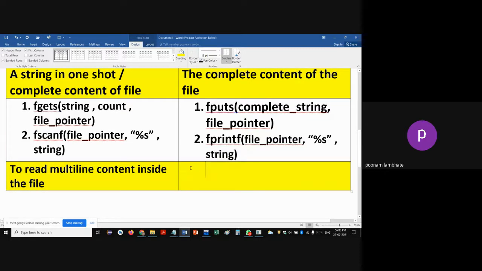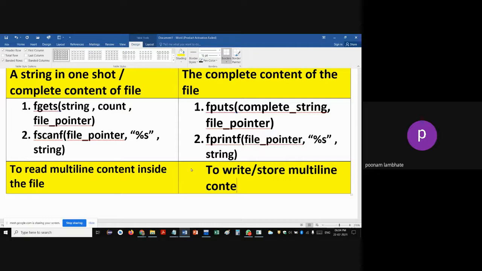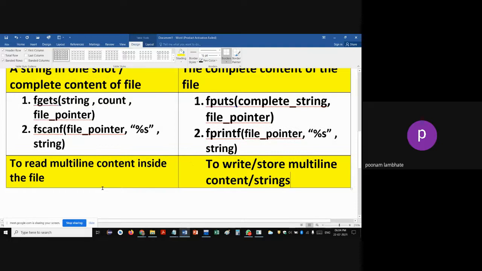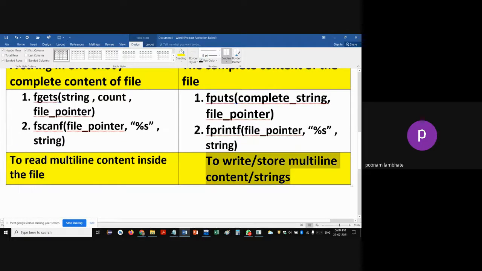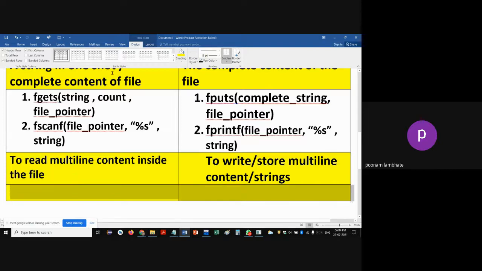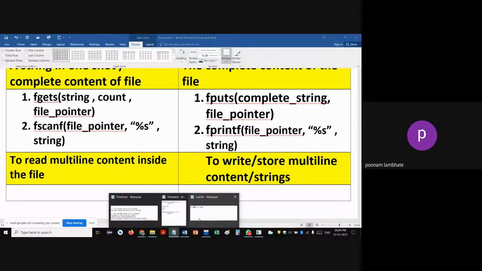And in writing, what you can do is write or store multi-line content, or strings, multi-line strings. To read multi-line content inside the file, suppose the content is already written in the file,